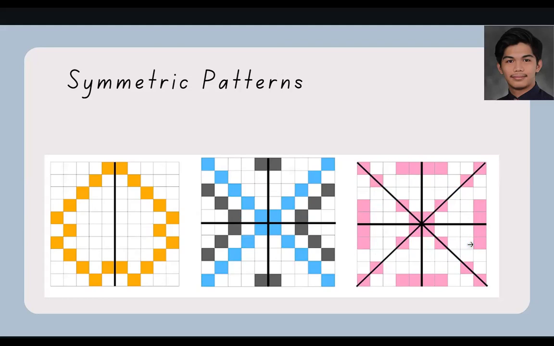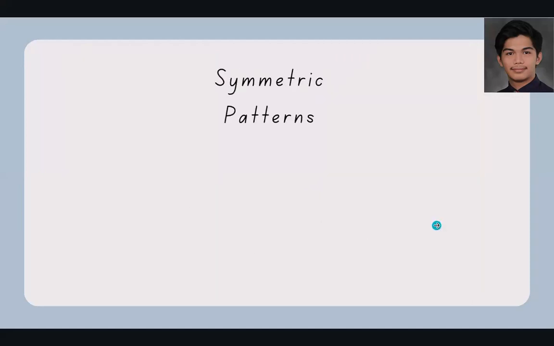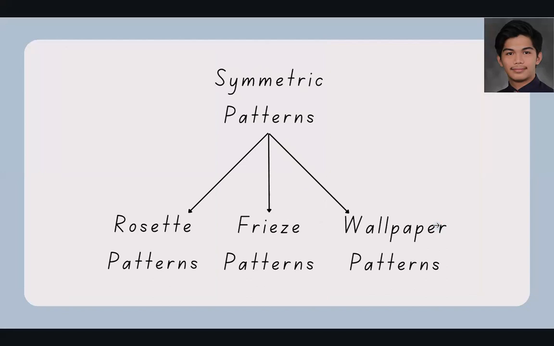if there is an isometry of the plane that preserves the pattern. This means we are going to use the isometric transformations to produce more than one repeating figure that will be drawn on the plane, and thus creating patterns, just like these examples. But in this lesson, we are talking about symmetric patterns, which consist of three types: rosette patterns, freeze patterns, and